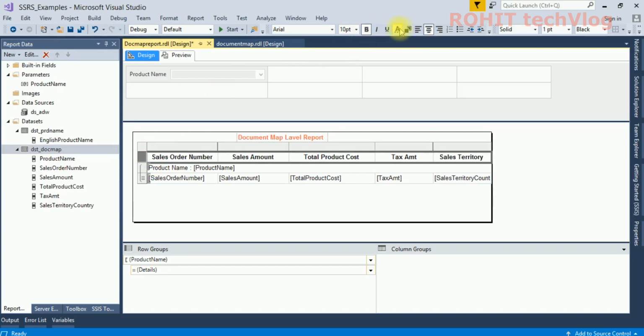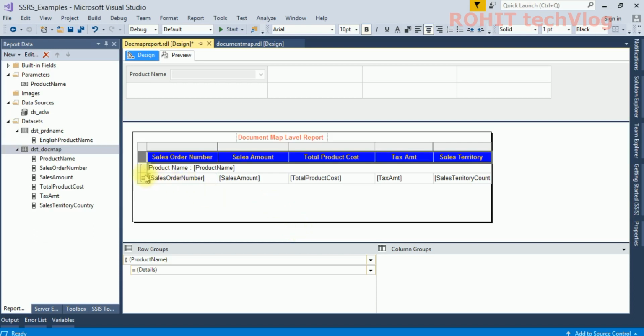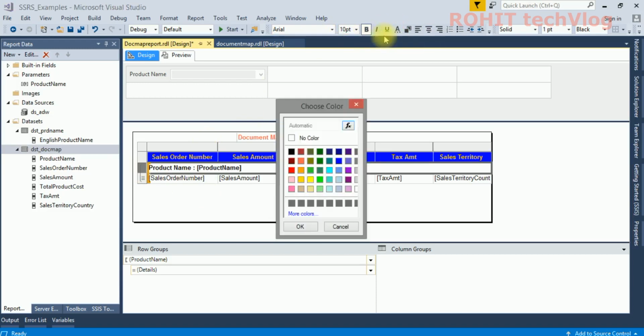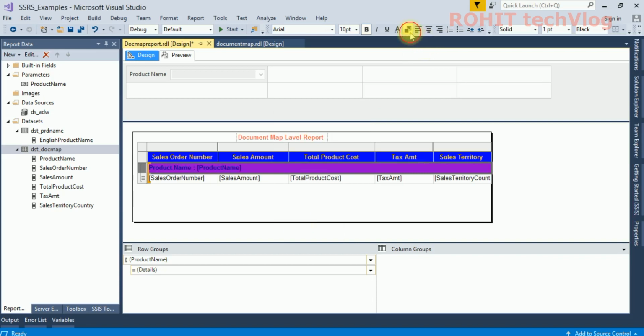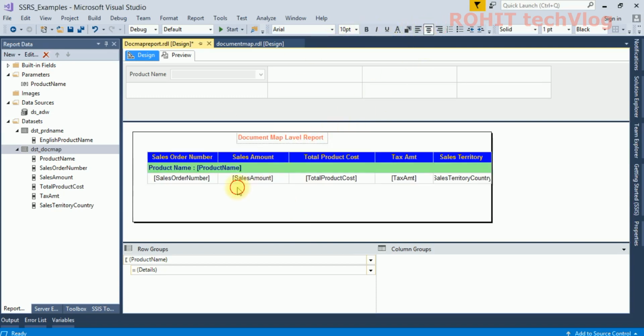Let me center, middle, background is this. Now let me choose a color, okay this one, and for the background give me some light color here. This looks fine. No, it is a bit deep. Okay, that's fine. Let me make it center.